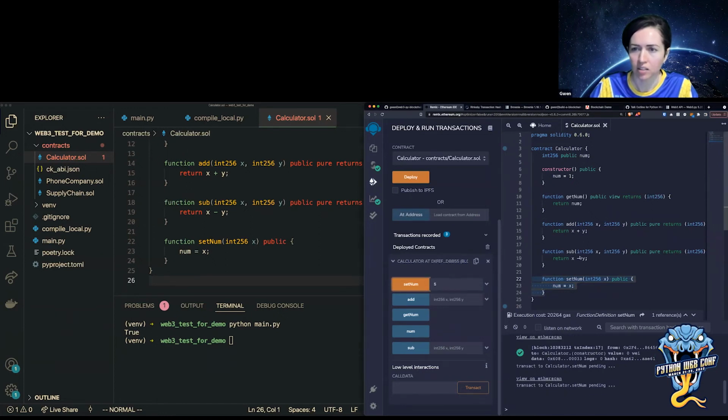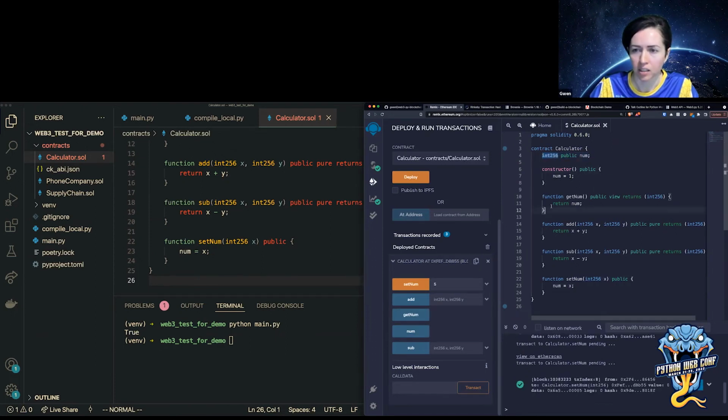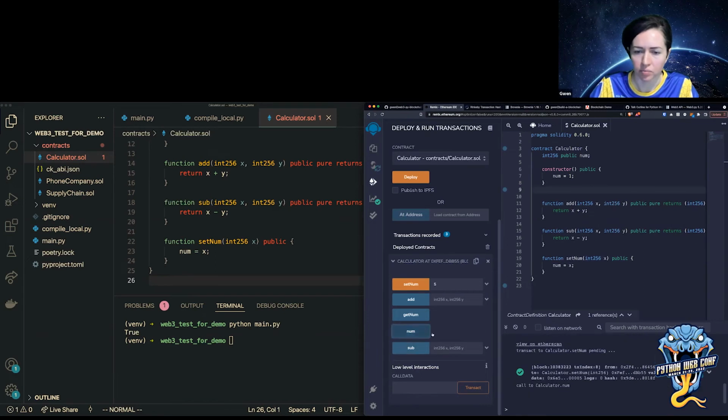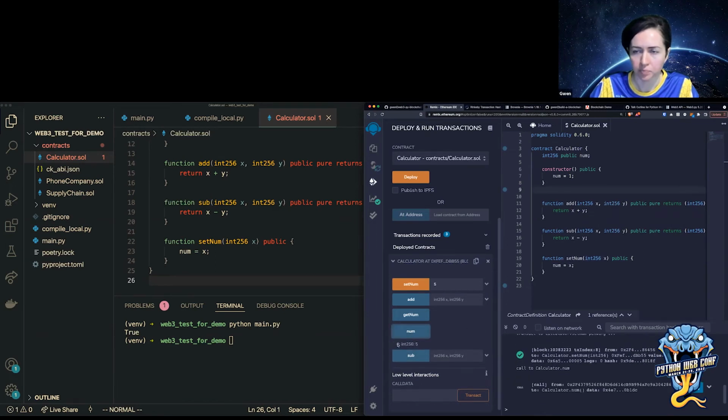Now the number on the contract is equal to 5. Since I set the number itself as public, and I also made a getter function too, I can get the number either way. So I really wouldn't need that function, but I can get the number, and it returned 5 here.